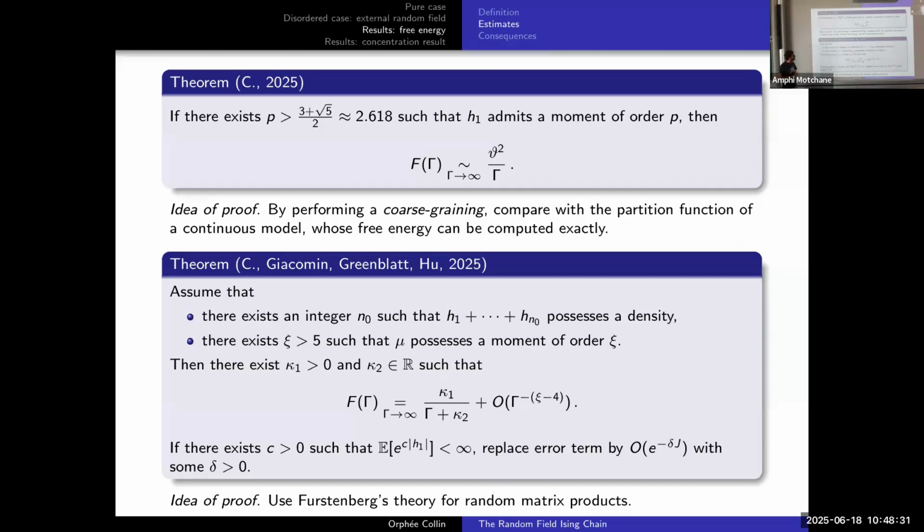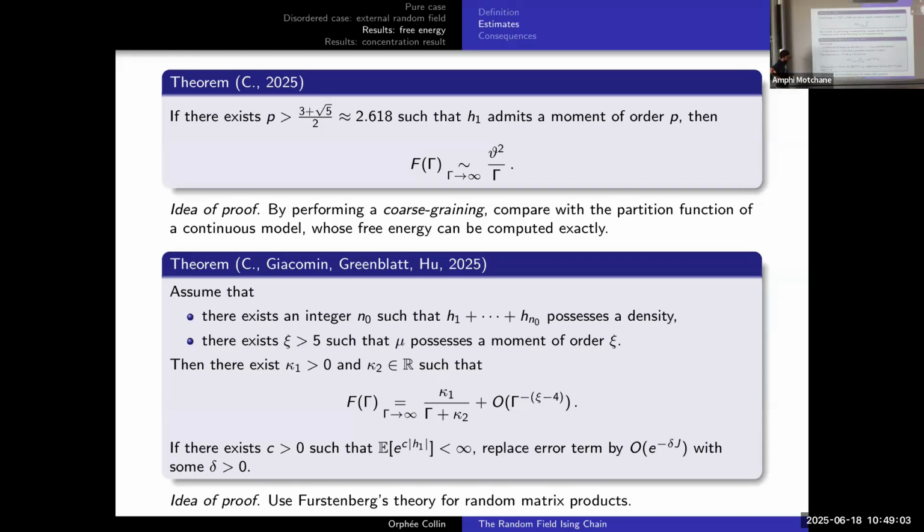We don't assume that the distribution has a density, but by iterating the convolution product, we get a density at some point. Also, we assume that mu is the law of the H_n's. We assume that the law of H1 has a moment of order larger than 5, and then we get this expansion,